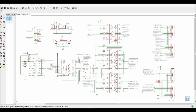The data in this case is obviously sent the other way around, because it comes from the coffee machine and gets sent to the display line. So the idea here being that these data lines, so D data, D clock, and D load, get fed straight into this side of an LED, or the LED as part of the optocoupler, and straight back out. So effectively, that should not affect the line at all, apart from there's going to be little serial LEDs or diodes sitting flashing in the meantime. So I'm hoping that the little 0.7 or 0.5 volt drop on that line is not going to cause any significant issue